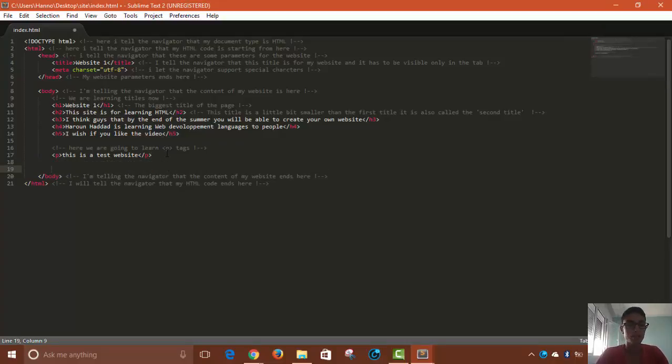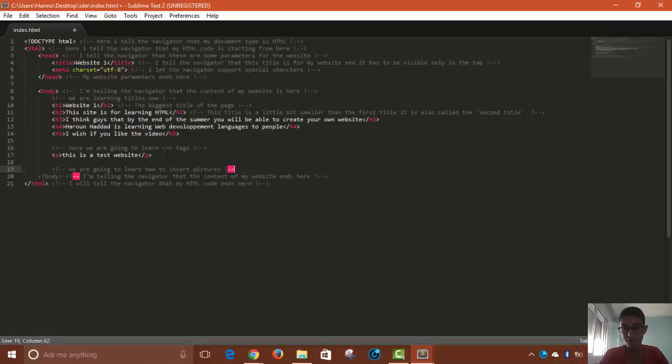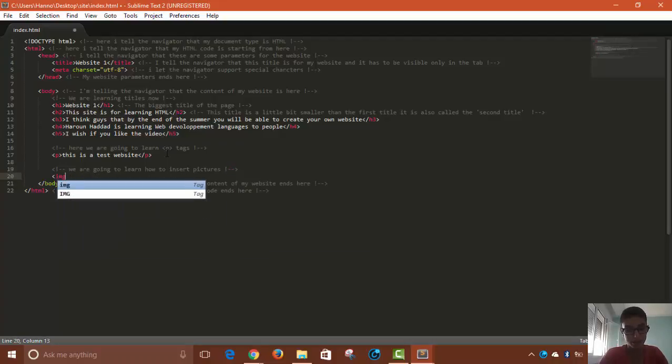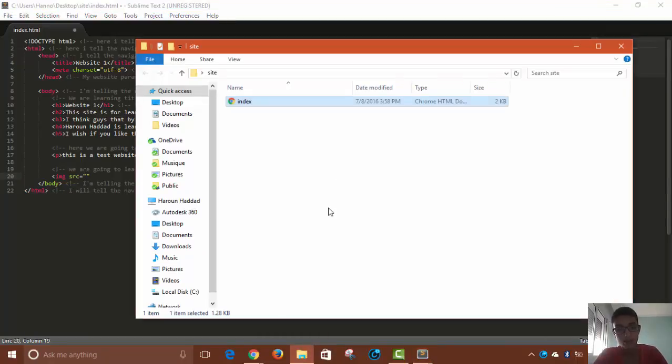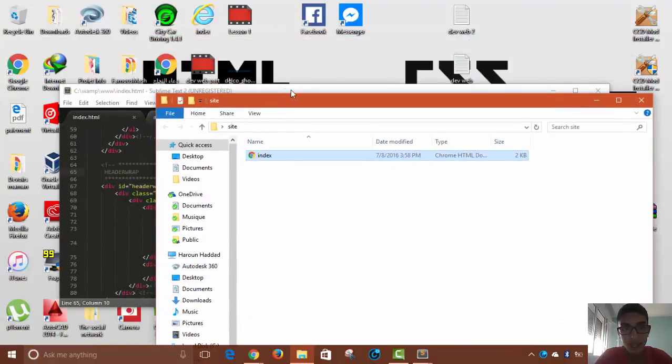So now, guys, we're going to insert pictures. So here, guys, we are going to learn how to insert pictures. So the inserting picture tag is image src, so it's img src, and here you're going to put the link of your image. So to insert an image, the image should be in the website folder, which means that let's say that I would like to